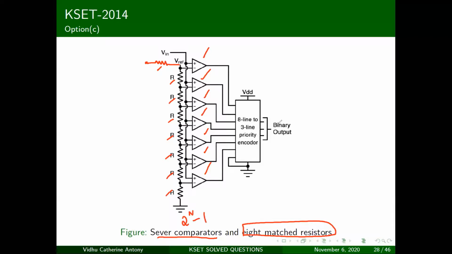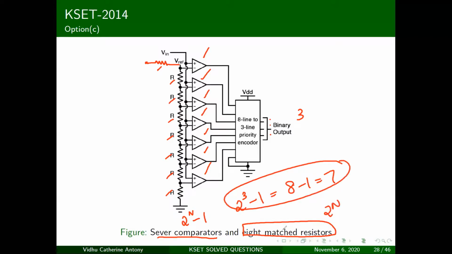How many digits am I going to get here? It's a 3-bit binary output. Okay, 1, 2, 3. There are 3 bits here. Okay, so 2 power 3 minus 1, which is going to be 8 minus 1, giving me 7. So 7 comparators and 2 power n matched resistors. So that's going to give me 8. So this is for a 3-bit. Okay, so if you know how to do it for a 3-bit, you can easily generalize it for n number of bits. Okay, so this is something that I would just tell you to keep in memory instead of going through all the process of how this basically works.